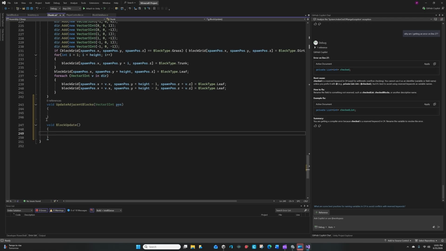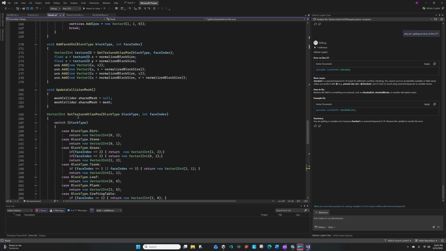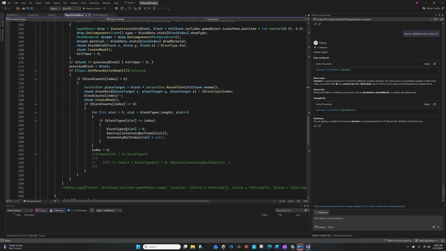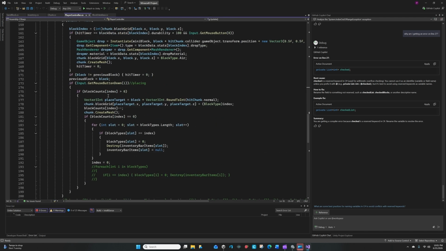So this one is going to check every adjacent block. So check every direction, and it's going to block update in that position. So we're also going to put vector3 int position there. Okay. Update collision mesh. Oh, this is for, actually put it in player controller. So breaking, placing stuff. If a block is placed,